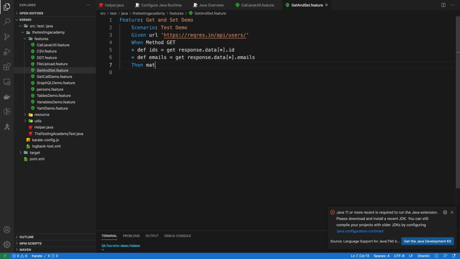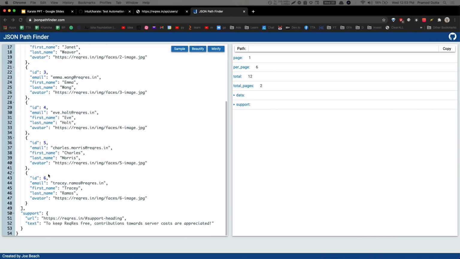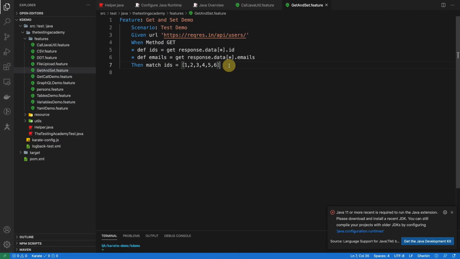We can use a keyword which is called match, and I can match my IDs. And IDs should be 1 2 3 4 5 6. I think 6 are enough, we have 6 IDs. And I'll do one more thing, which is basically I'm going to print the email IDs. So I'll say emails are, and here I'm going to say emails, right? So this is a simple test that we have created, and using get we can extract